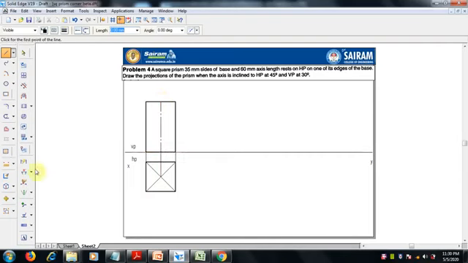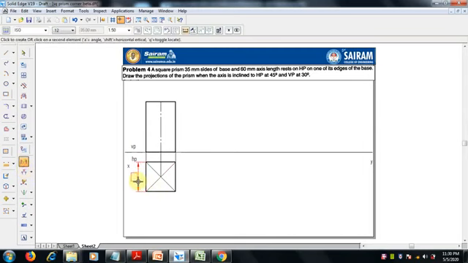This is over. We can check the dimension by selecting smart dimension, 35 side and 60 mm height. So this is fine.